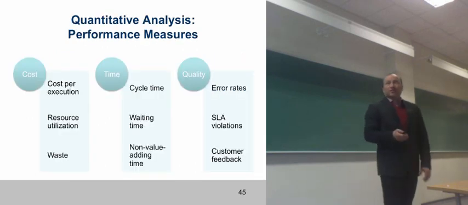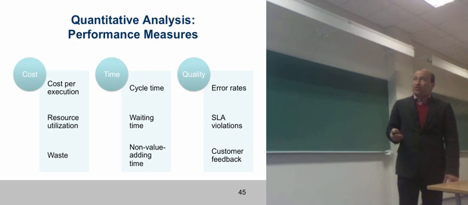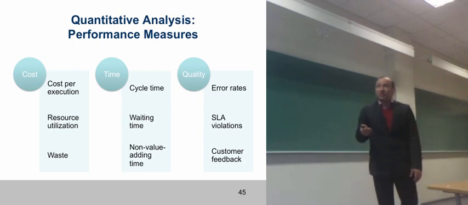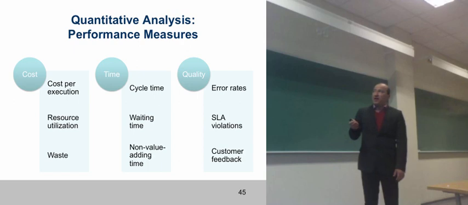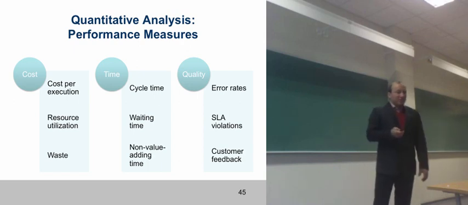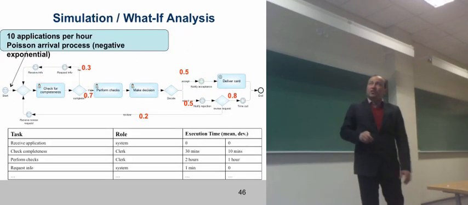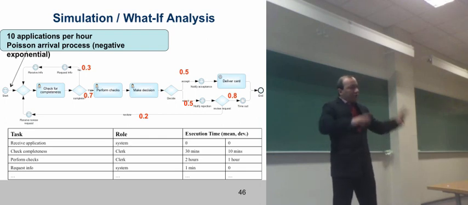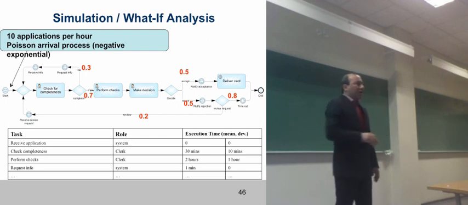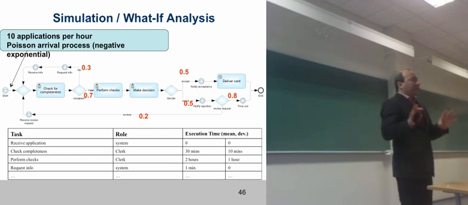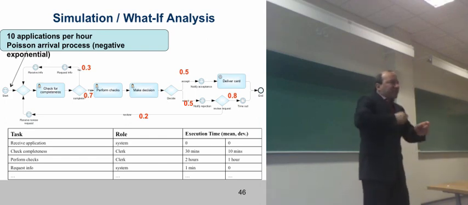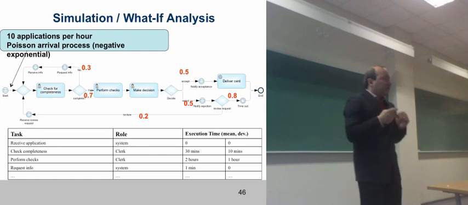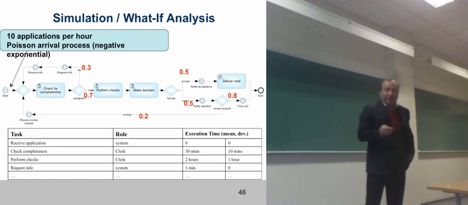And we will try to add numbers to it. We're going to define performance measures, like the cost per instance of the process, cycle time, and error rates in the process, and we're going to use a number of techniques, including something called simulation, to get the numbers. You collect numbers, you simulate, and you get a good idea of the performance of the process currently, and what the performance would be if you made a change, according to the simulation in any case, which is not always true, as we know. But it's better than